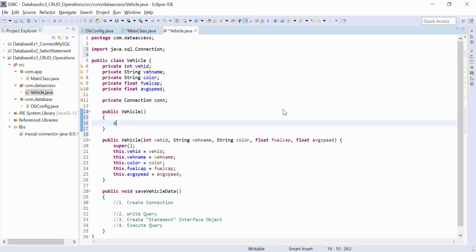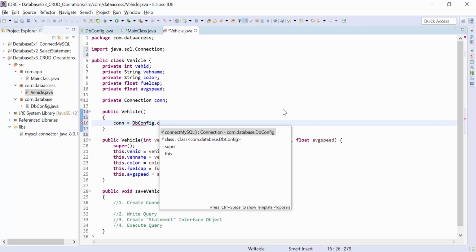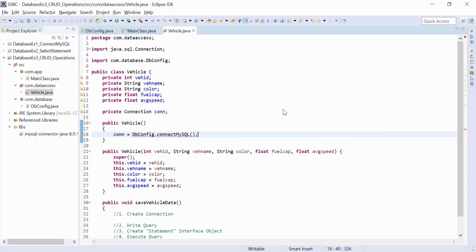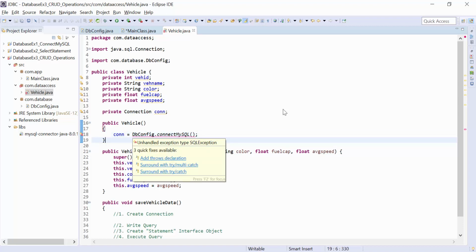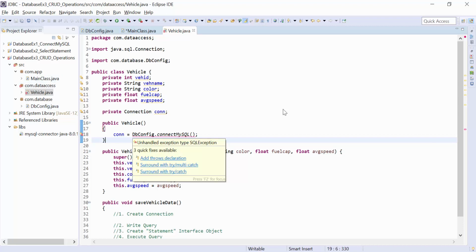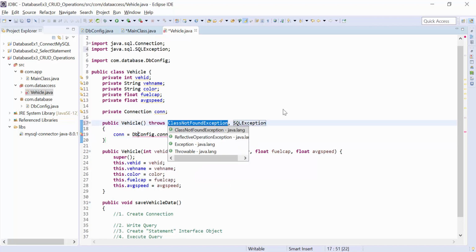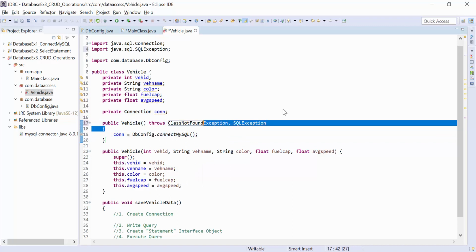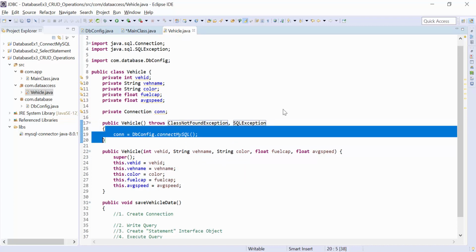When the constructor gets called we write DatabaseConfiguration.connectMySQL. DatabaseConfiguration is a class we created inside the package com.database, and this connectMySQL function is a static function, so without any object we can call it, and this function throws exceptions, ClassNotFoundException and SQLException.